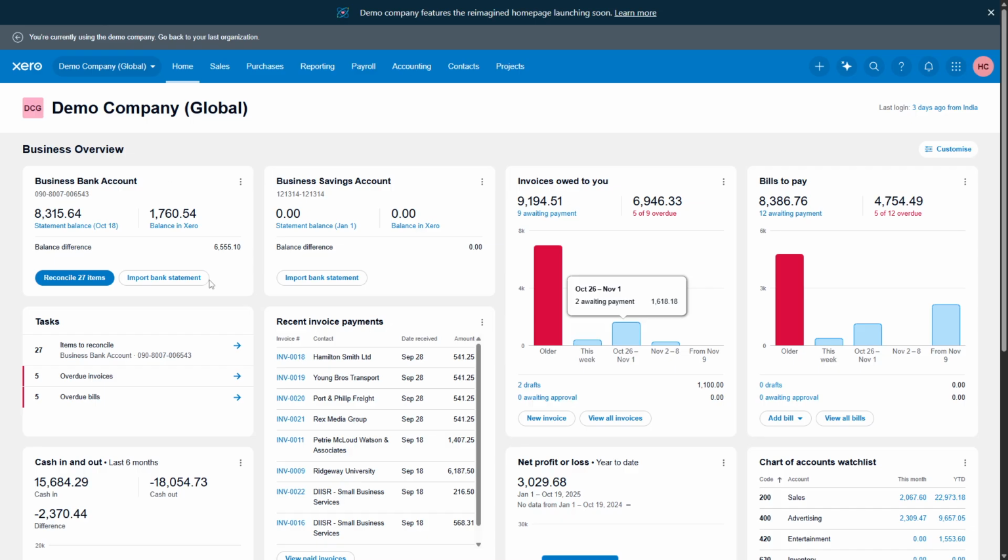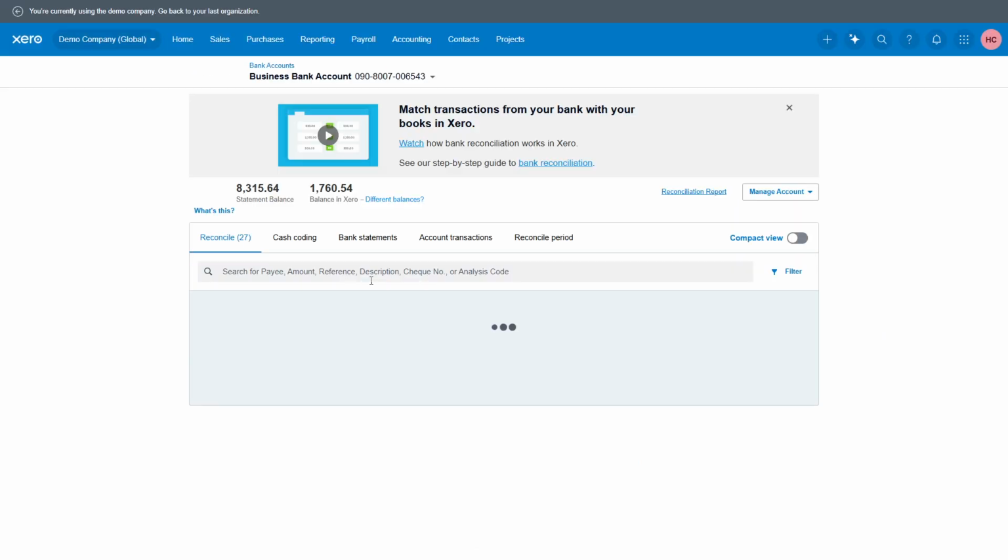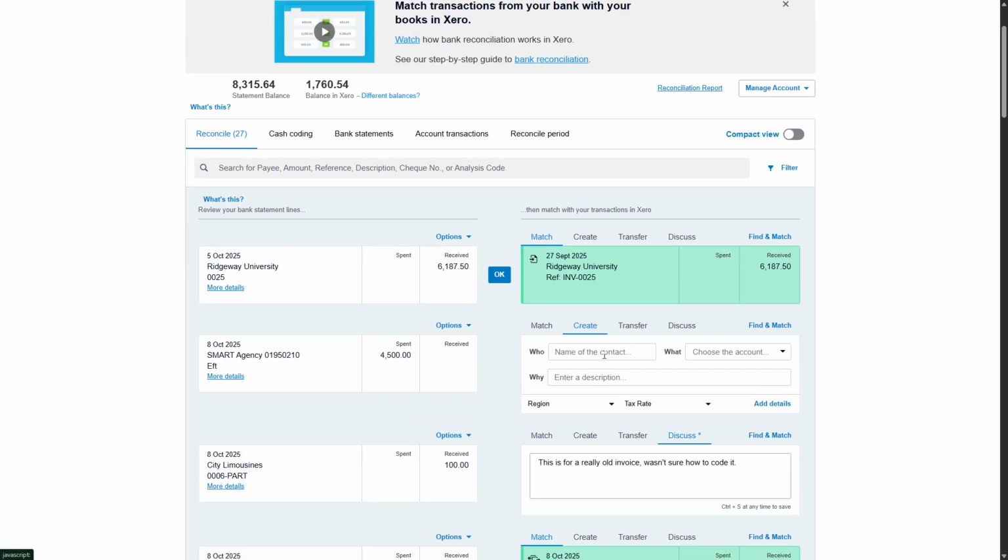To begin, let's head over to the Reconcile screen. From the Xero dashboard, this is your central hub for managing bank transactions. Navigating to this screen is your first step in efficiently managing part payments. At a glance, you'll see a list of transactions waiting to be processed, setting you up to tackle your task